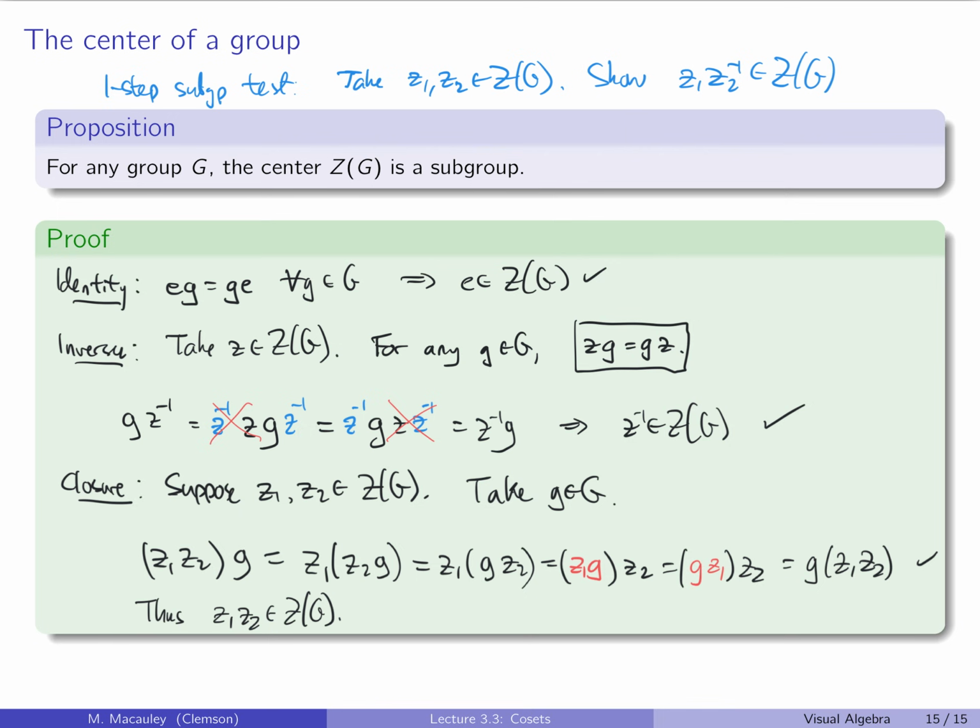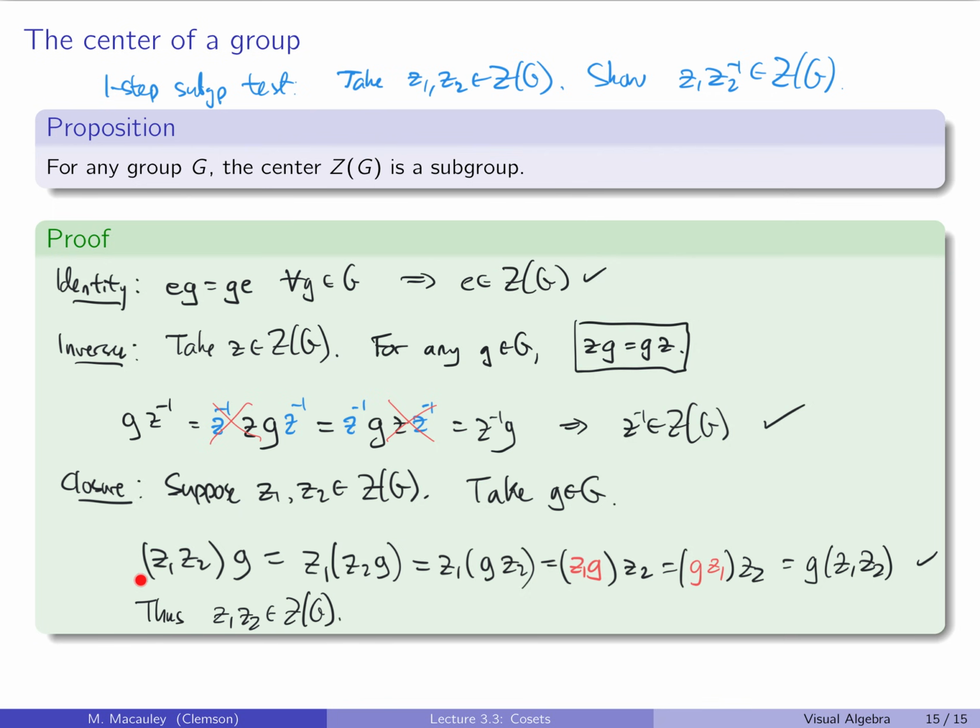If we can do that, then we don't need to show these three things individually. So let's talk about how that would go. If we take two elements that are central, how do you show this is central? Well, you have to